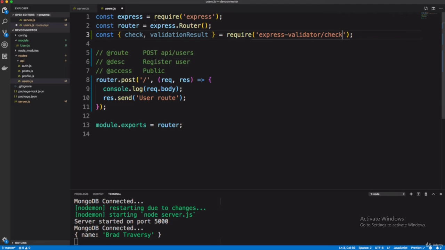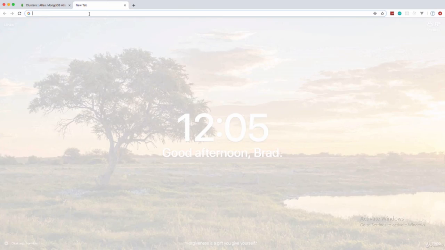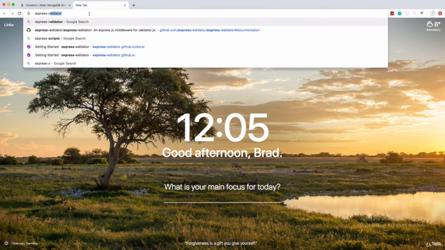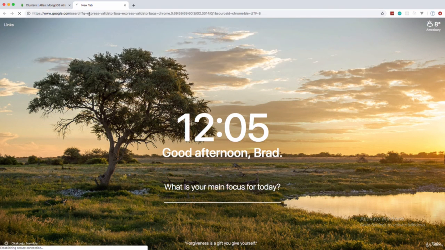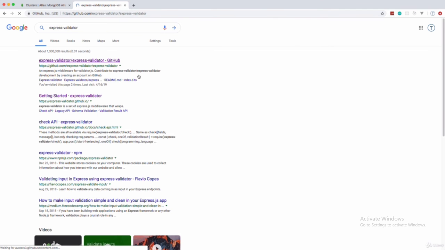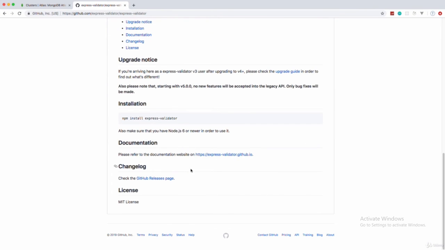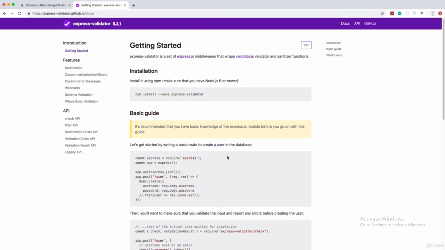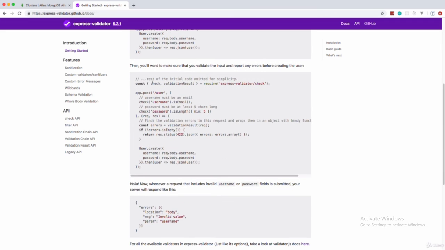Fine. This is the syntax, you can get it from the official website. Let's check it. Express validator. Here you can see down below on the GitHub page, this is the way you can require your express validator, and you can check username, password and all the stuff just like it.